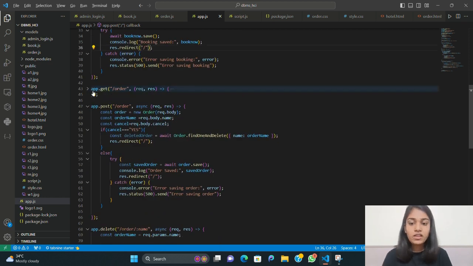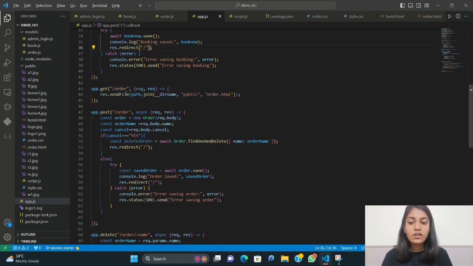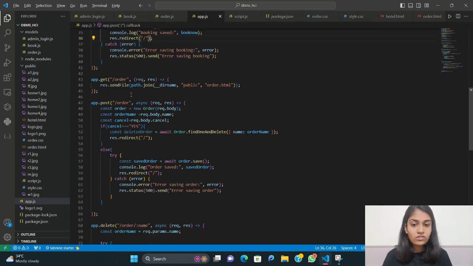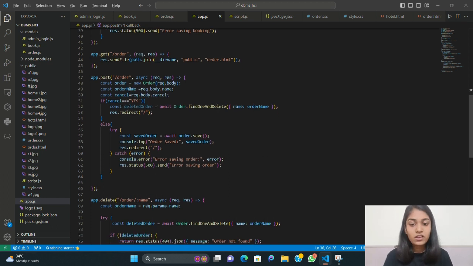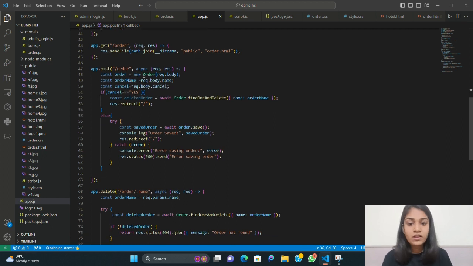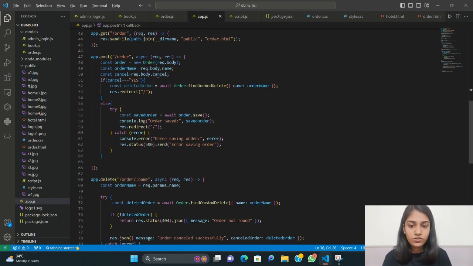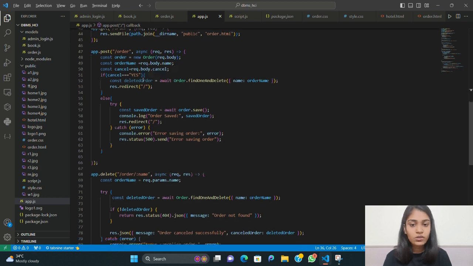Then I have written here app.get slash order. Slash order is to make an order on my page. So here the directory name is public, and in that public folder I have to include the order.html file. So I have given it as order.html. Then I want to post it. So app.post slash order. Here I have given const is equal to new order, order name required body name, and